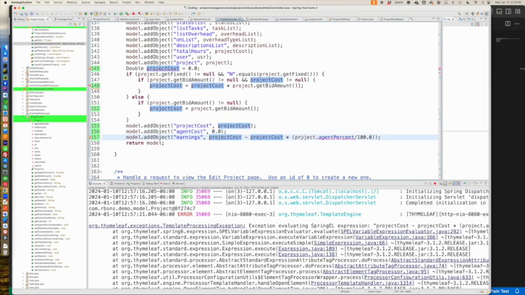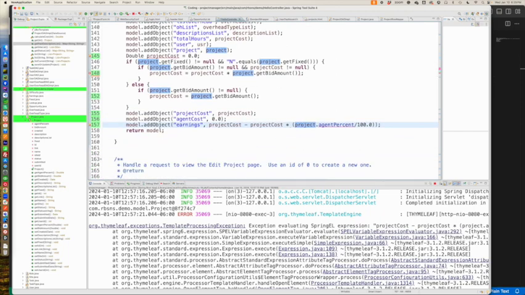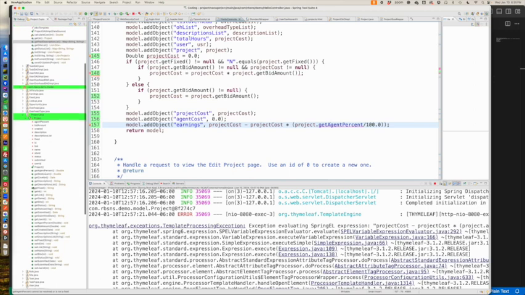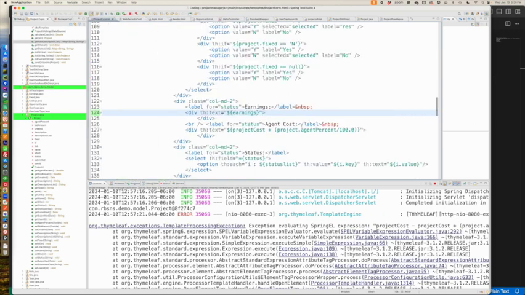Let's see, project.agent%. I think we had project set up here. Yep, we have project. So we could do it like that. Except it's going to have to be get agent%. I believe it's like that. Project get agent%. Yep. So let's try that because now we've got the earnings there, but we have not pulled across yet our agent cost. So let's see if we still have this blow up,